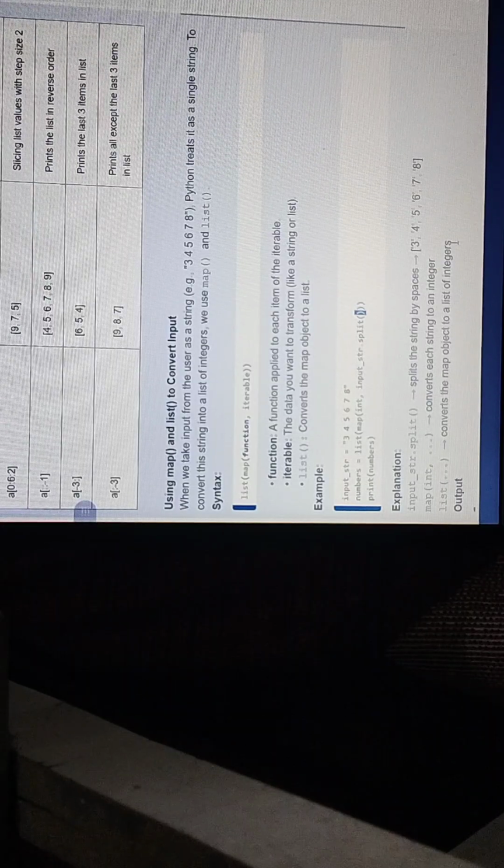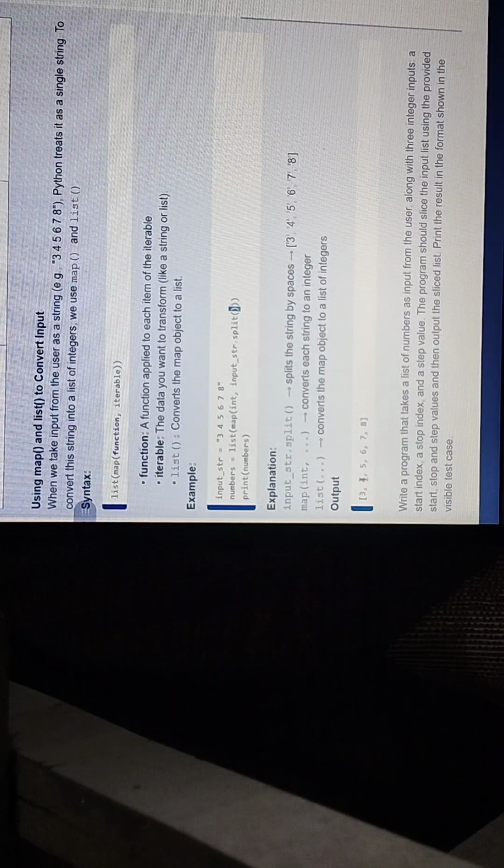Here we use this space, so we get 3, 4, 5, 6, 7, 8. Map and int convert each string to an integer. List converts the map object to a list of integers. The output will be 3 4 5 6 7 8. It converts this to a list.